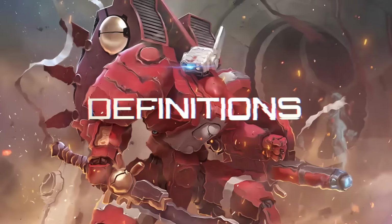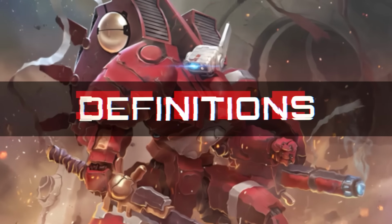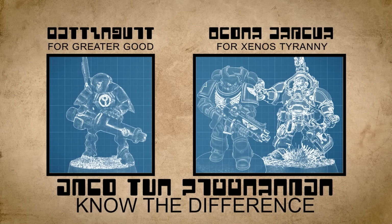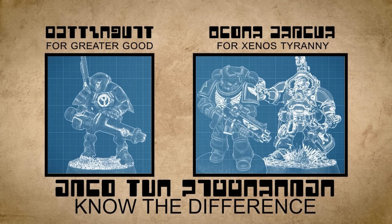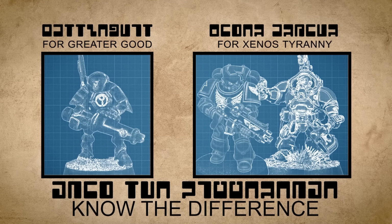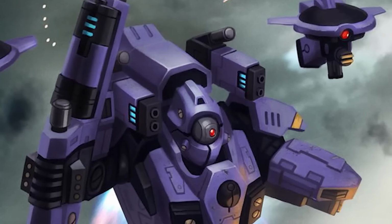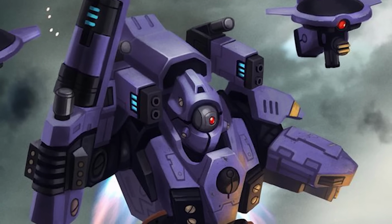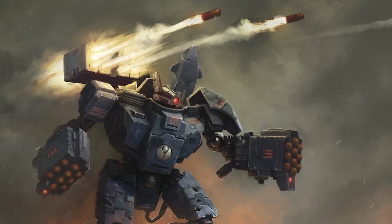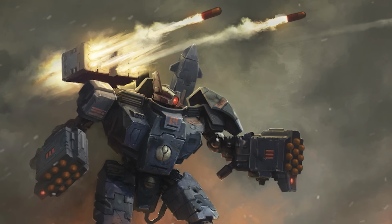Tau Empire. So let's start with what defines a battlesuit in the context of the Tau, because if we're honest, some of the earlier marks of this list are almost indistinguishable from power armor, like the type worn by the forces of the Imperium or the Kindred of Votan. For the Tau, battlesuits are not just something to be worn. Yes, the smaller marks certainly are more like armor, but the real difference is that battlesuits aren't something a soldier